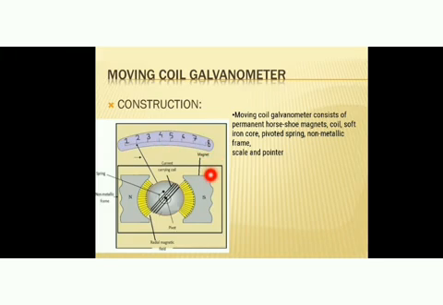That is the galvanometer. Okay. So here, attached to the coil, there is a pointer, and the pointer is attached to a scale. Whenever the coil rotates, the pointer will deflect, and the amount of that deflection is measured with the help of this scale. So if the deflection is more, or if the torque experienced is more, the pointer deflects more, and that deflection can be measured with the help of this scale. So this is about the construction of the moving coil galvanometer.